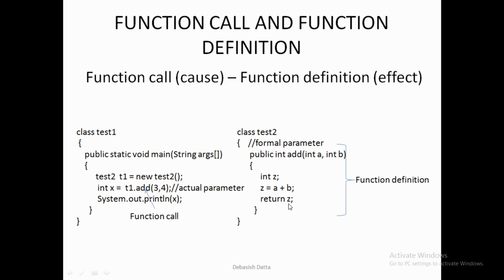This is no coincidence actually. For any function with a return type other than void, the type of the return value should match the return type of the function. Here it is int. The type of z is also int, and the return type of the add function is